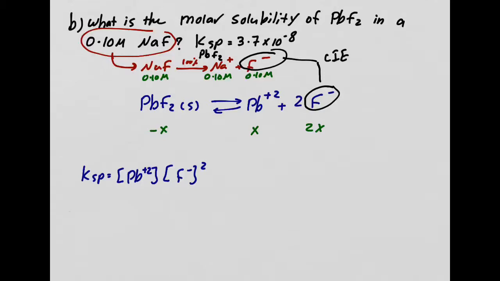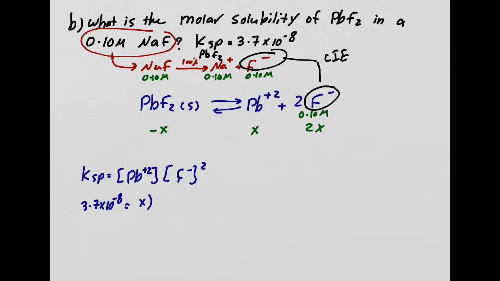It's a common ion effect because I already have some of this in the solution when I add the lead 2 fluoride in it. So my common ion effect solution. Okay, so at the very beginning, before this is going on, I have 0.10 molar of fluoride already in the solution. Again, this is exactly like the buffer problems we did. So Ksp, which is 3.7 times 10 to the minus 8, is equal